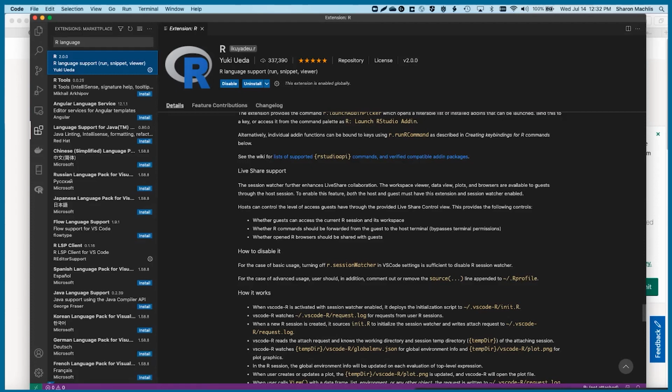I also read the project's GitHub page and its wiki to see what else I might want to add to improve my R experience. The details page suggests using the Radian terminal, which is not a VS Code extension at all, but an application written in Python. That means Python has to be on your system in order for Radian to run. I already have Python and the Conda package manager installed on my Mac, so I used the suggested Conda install command for Radian. There's also a pip install for those who use that popular Python package manager.